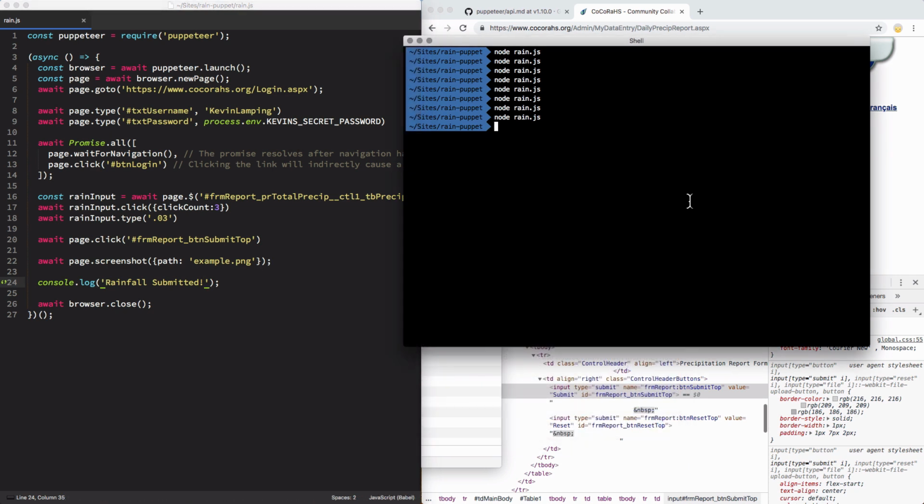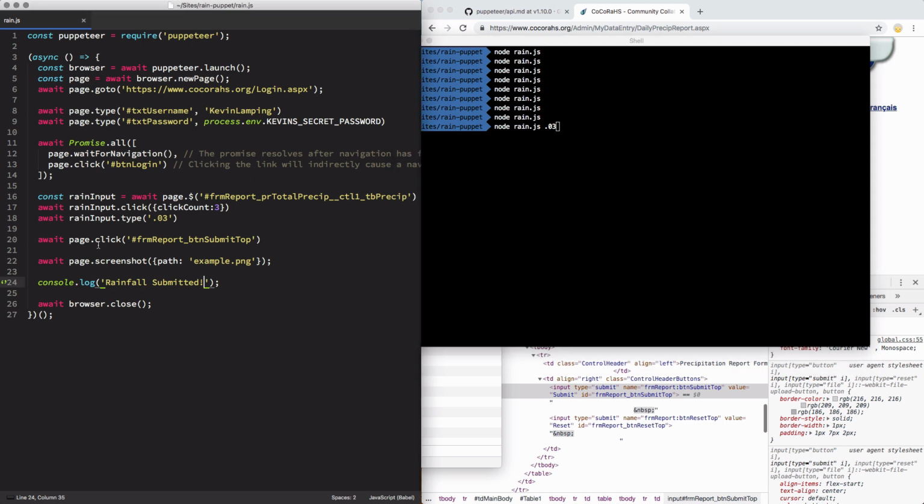Now there is one more thing I want to do to make this script a little bit easier to use, and that is be able to send the amount that I want to input from the command line myself. So I want to say node rain.js plus 0.03 or whatever that amount is. Right now, you'd have to manually update this text, and that would be annoying to have to do every single time you want to run it, and could make it really unusable if you want to make this a little bit more flexible. So what I'm going to do is use the process.argv variable that exists on all node commands,